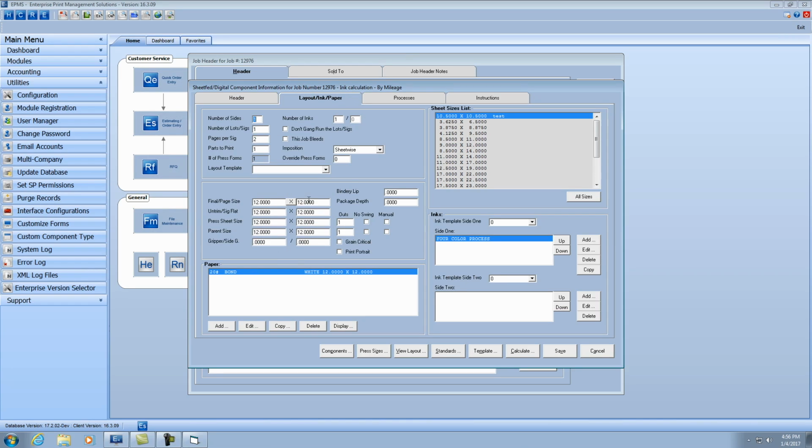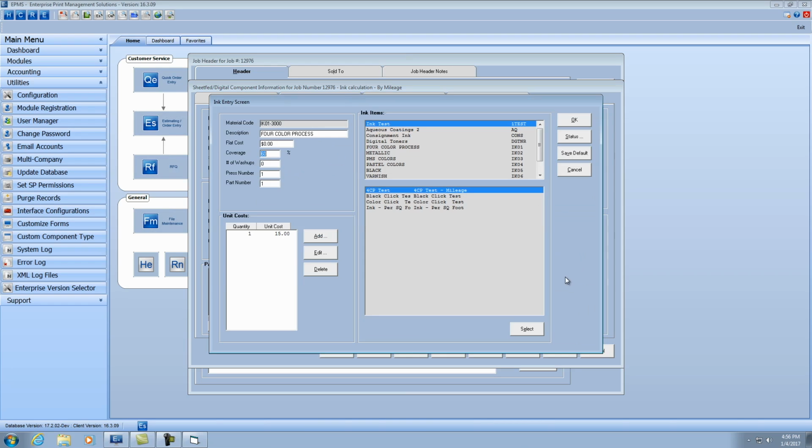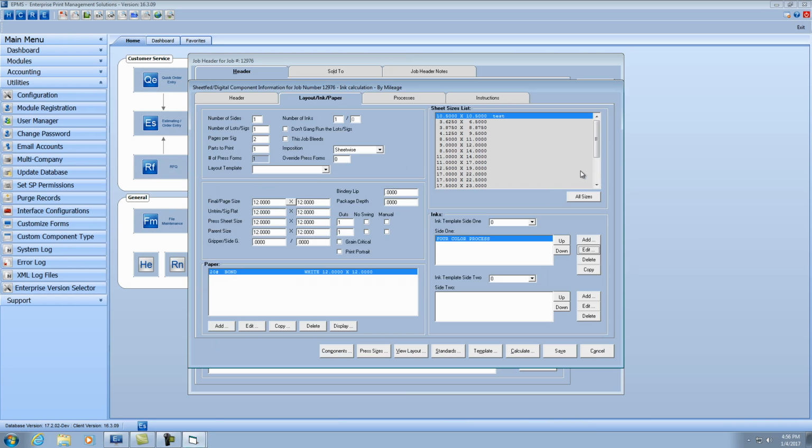And so I just have a simple 12 by 12, so it's a 1 by 1 press sheet just to make the calculation easy. We have our 4-color process with our 60% coverage. And when I hit the calculate button here,